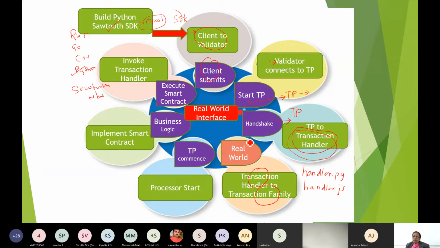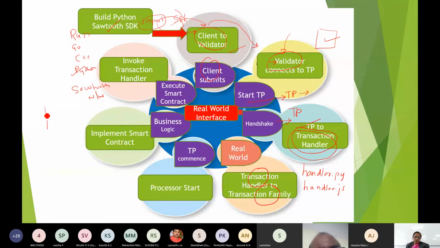And this part also you will be writing, and the process to submit from the client to the validator. But you will not meddle with anything in the validator. It is built in, right? So I told you, one terminal this person will be running, another terminal this person will be running, another terminal the validator will be running.